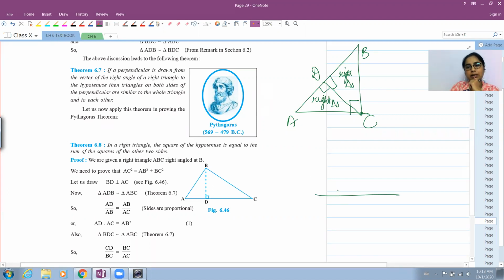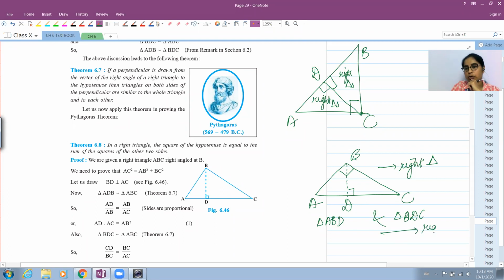इसको अगर हम इस तरह से बनाएं, let us say we have a right triangle drawn this way. So if I say the triangle's name is ABC, this is a right triangle. I'm going to do a construction. If I construct a perpendicular from here to the opposite side, so I have a triangle ABD and I have triangle BDC. These are also right triangles. So I can conclude that each of these smaller triangles is similar to the original triangle, and these smaller triangles are similar to each other as well.